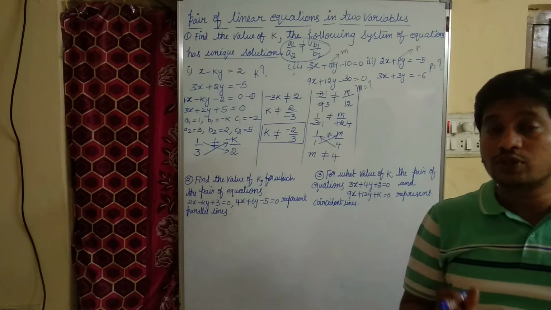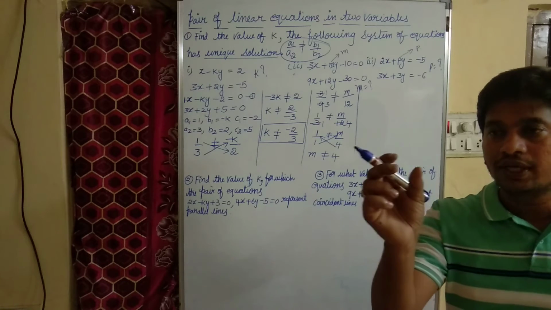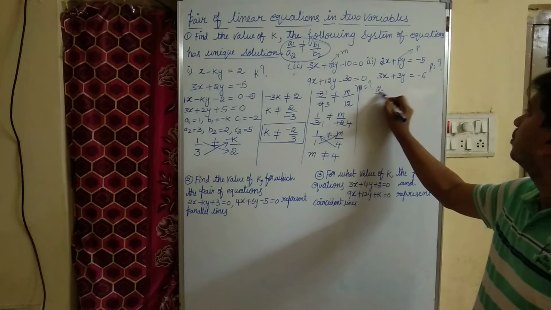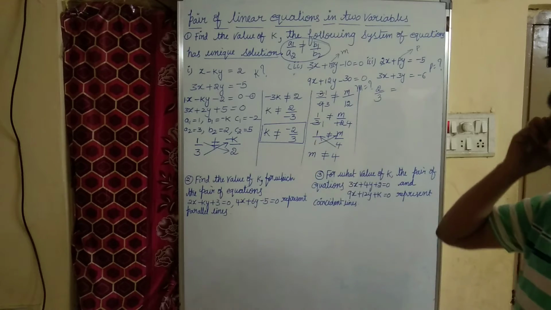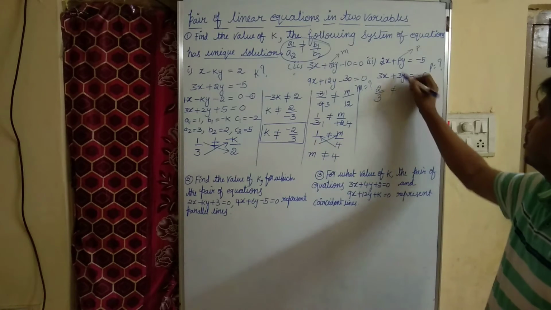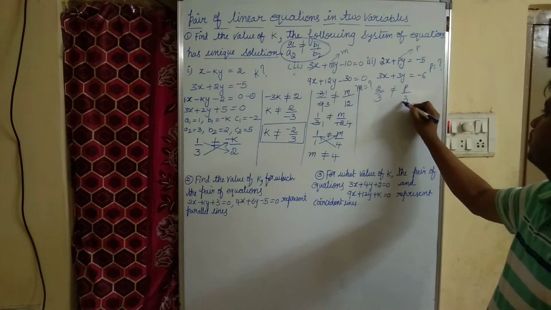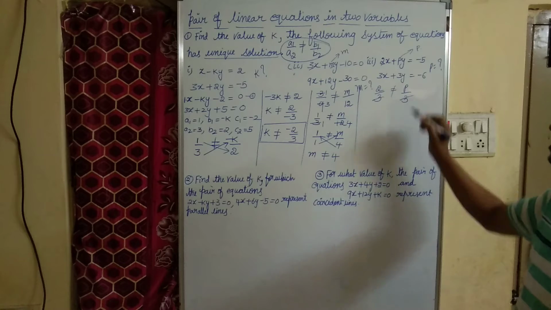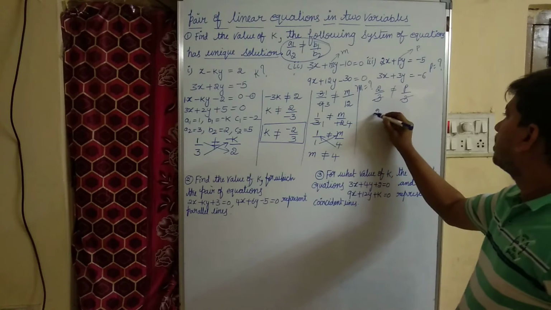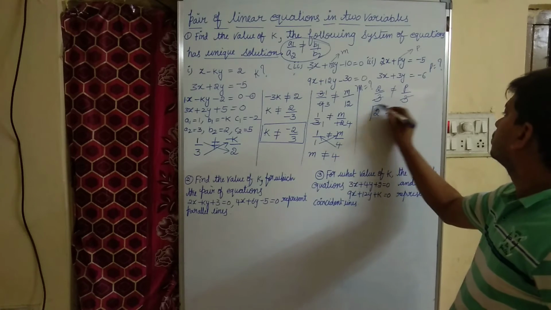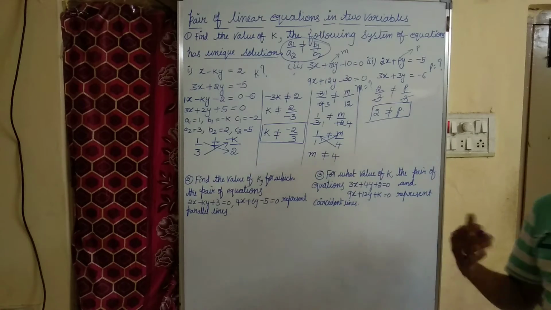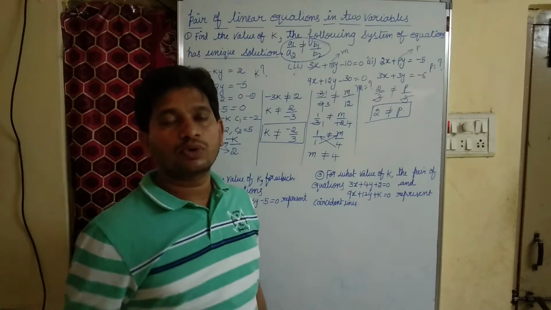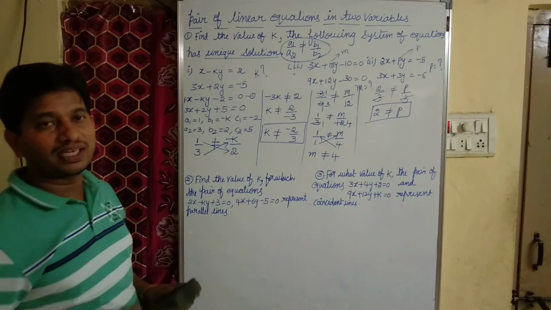But the condition for unique solution is a1 by a2 is not equal to b1 by b2. As a1 value is 2, a2 value is 3, is not equal to b1 value is p and b2 value is 3. Right? So this is easy only, as I can cancel 3 denominators. I mean 2 is not equal to p. So if p is not equal to 2, then the given system of equations has unique solution. So this is the most important question that may be asked in public examinations.